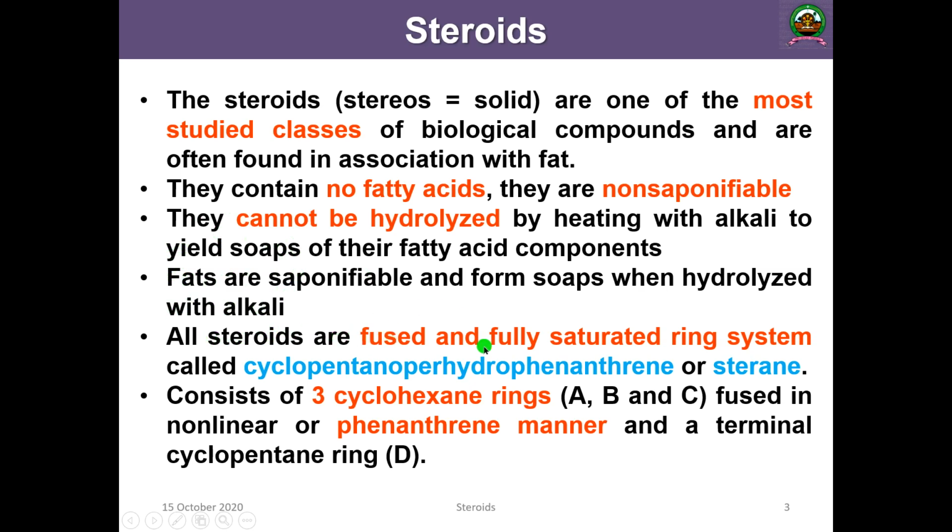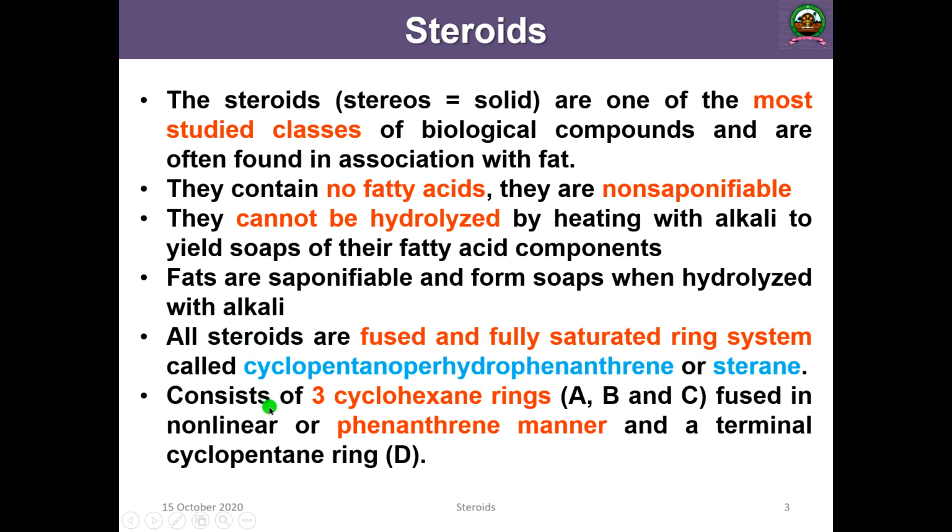All steroids have a fused and fully saturated ring system known as the phenanthrene. That ring system has a specific name that is a little bit lengthy. In fact, that name is cyclopentanoperhydrophenanthrene or sterane, or simply call it the sterane nucleus. Cyclopentanoperhydrophenanthrene is the major fused fully saturated ring system present in the steroid. So all these basic components will be there. And what is this